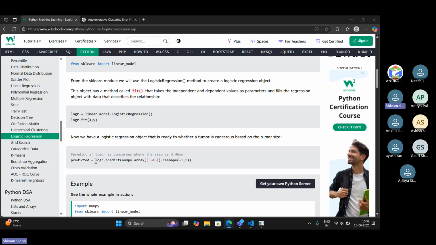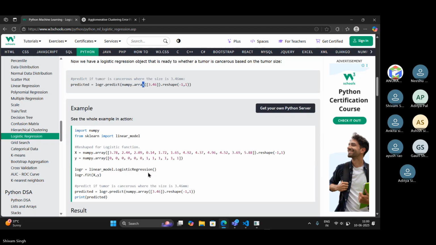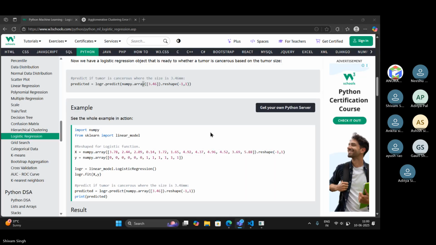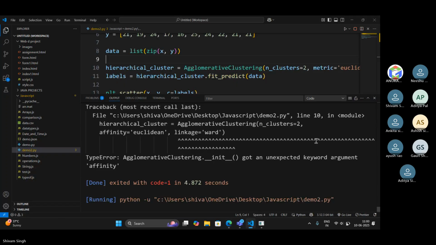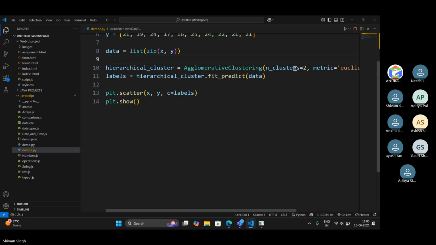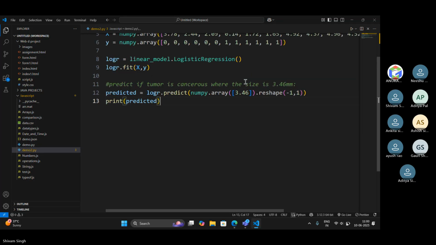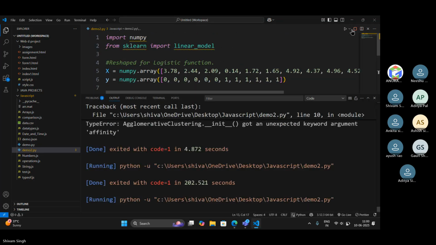So we predict using the logistic regression.